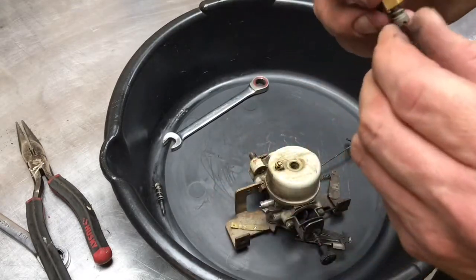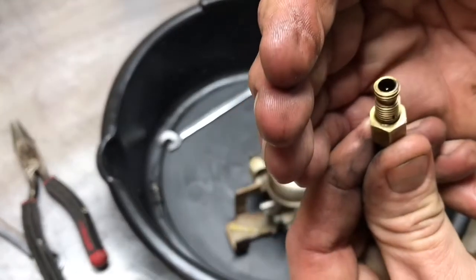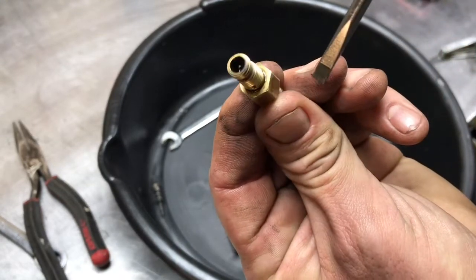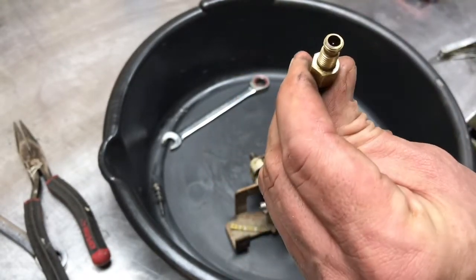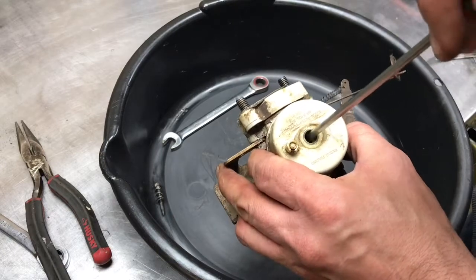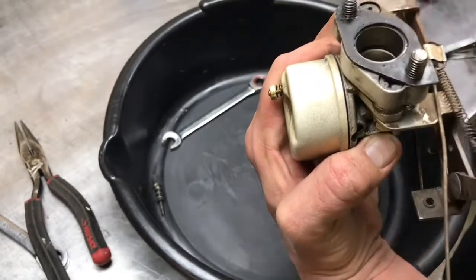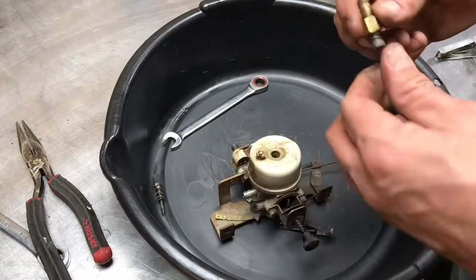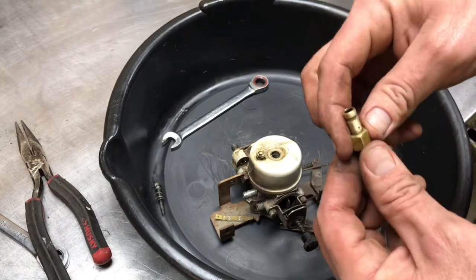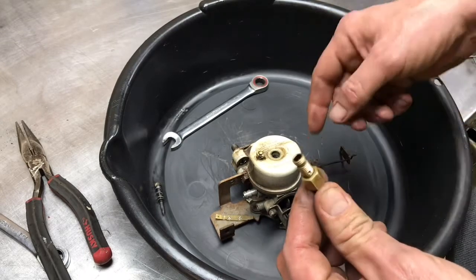Here, we'll show you this main jet. So this main jet has got a needle in it as well. You can see it down in there. I'll point to it. Right down inside there. See it there? So when you turn this, that needle goes further up into the needle jet, which is right down in there, which leads right inside as your main fuel entry point into the bore of the carburetor. So anyway, turning that further in leans out the mixture. Turning it further out